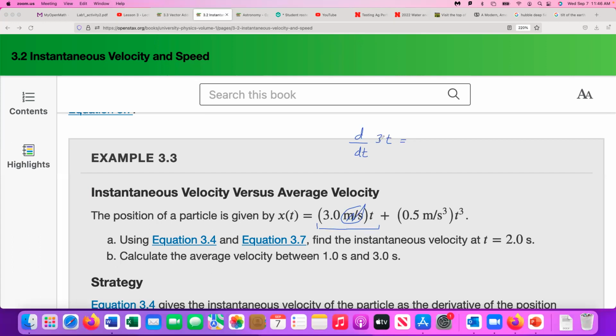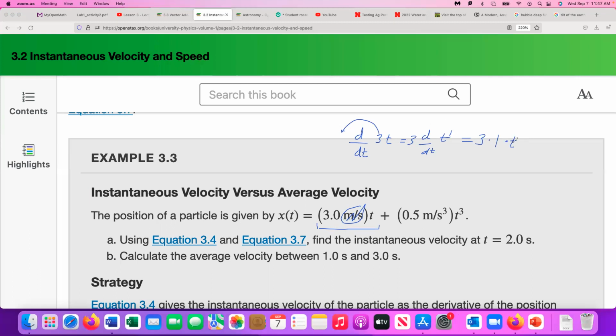Well, the first thing we do is we pull out the constant. The constant comes out in front. So we end up with 3 d by dt of t. Now, this t here does actually have an exponent. What is the exponent of a t? It's a 1, right? So we're going to go ahead and use that 1 and do the next part of our derivative. So 3, and we're going to bring down the 1 times 1, and then we're going to multiply by what's in here again, times t, right? 3